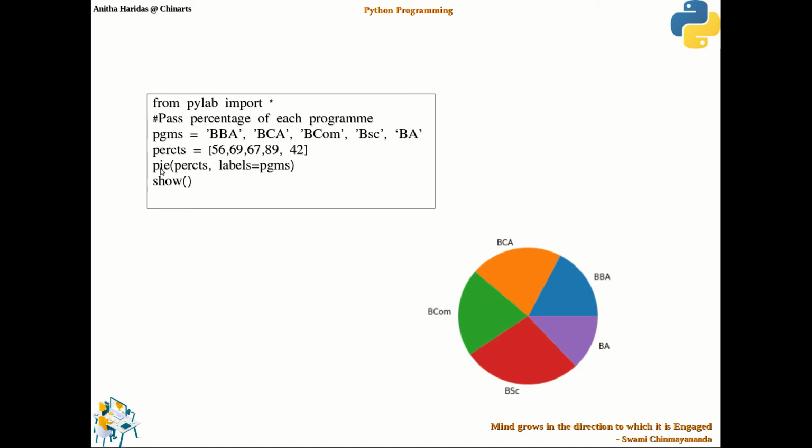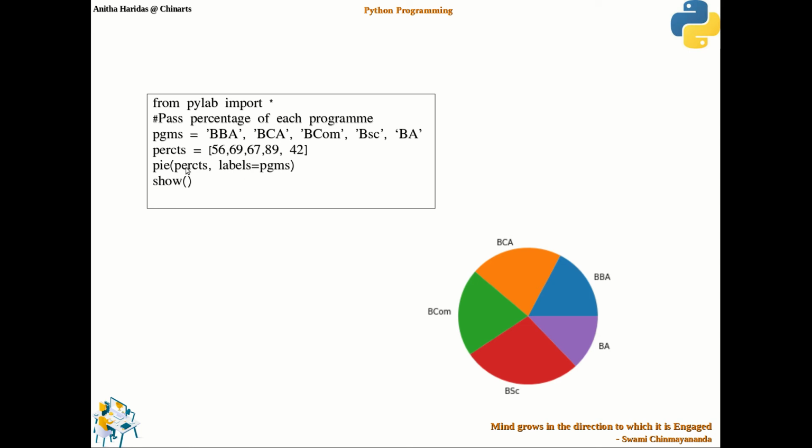The fractions are what you give for the pie chart. So in the pie function, you give the fractions or the percentages, then the labels, right? Obviously in the pie chart you have to give labels for each arc, or for each division you want to give a name, and this can also be given this way, and you just call the show function. It is as simple as that, and you can observe only two arguments I am passing.